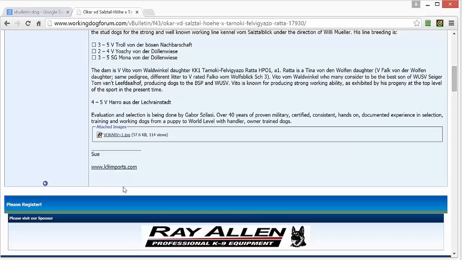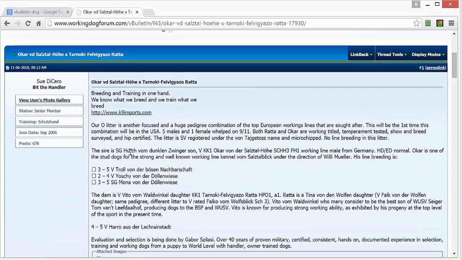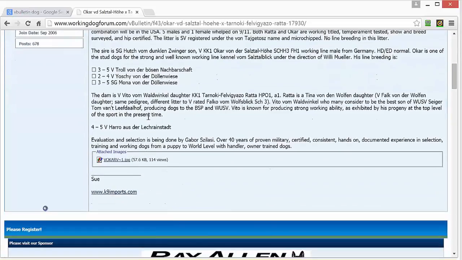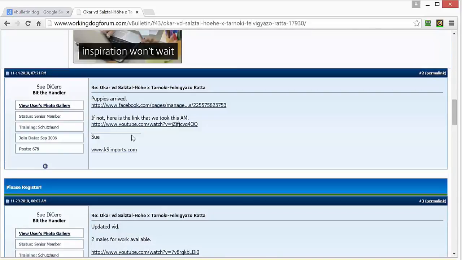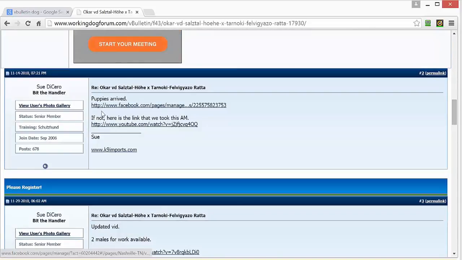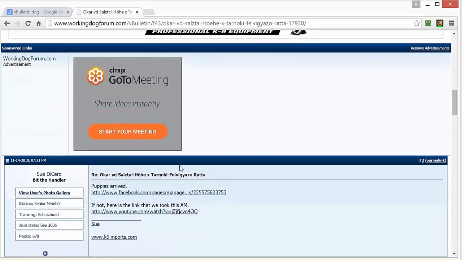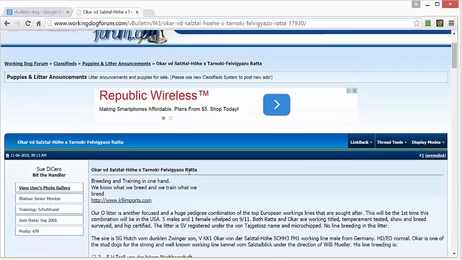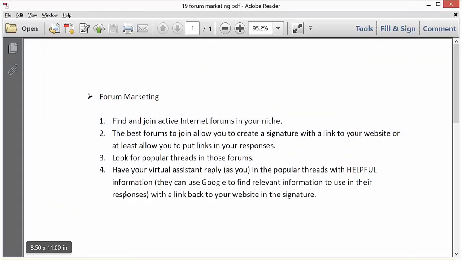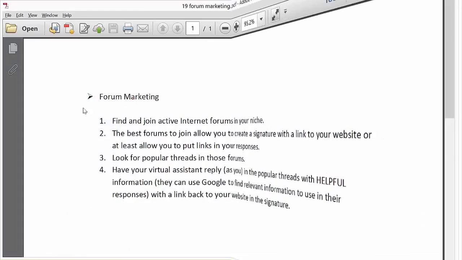So that's the basic idea, is you can put your website in your signature here. You could also put links in here. Just don't be blatant with your commercial promotions. But like this Sue, she has this canine imports in her signature. So that's the basic idea of forum marketing, and that is basically it.